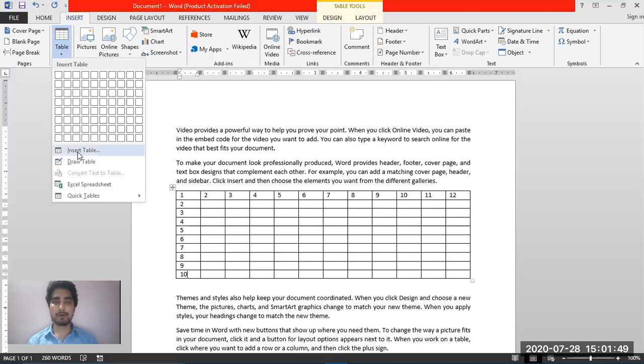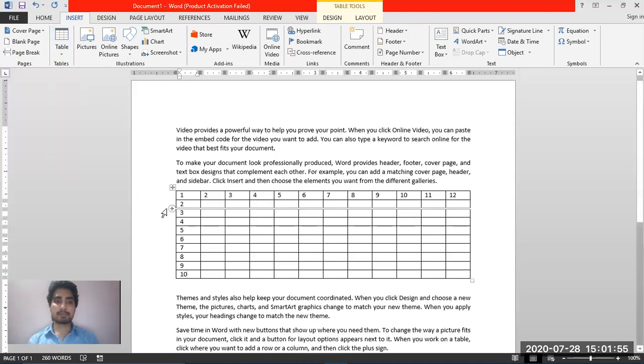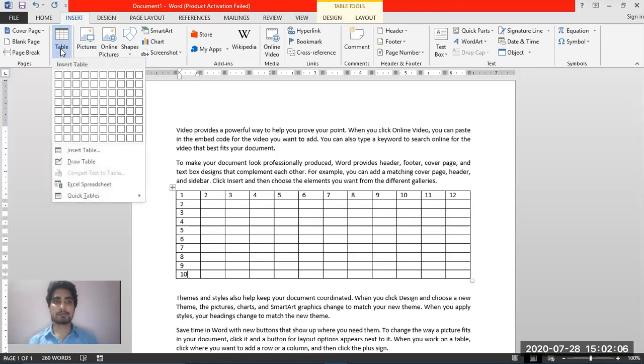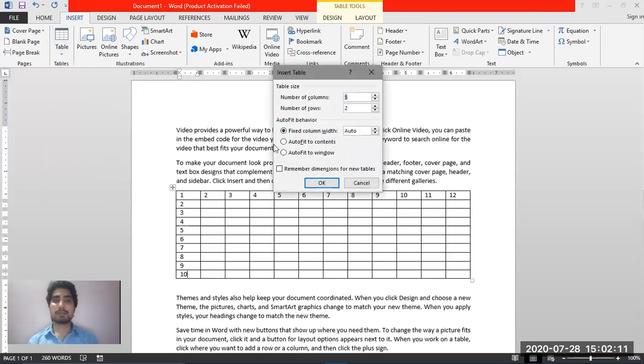insert table dialog box. And for using the insert table dialog box, first you need to bring the typing cursor at the location where you want to insert the table. Then you need to go in the insert tab. Then you need to click on the table option, and from the drop down menu, click on the insert table option. Then the insert table dialog box will appear. In this, you need to enter the column number in the first box, and then in the second box, you need to enter the row number. So as many columns and rows as you want, enter that in these boxes, click on OK, and the